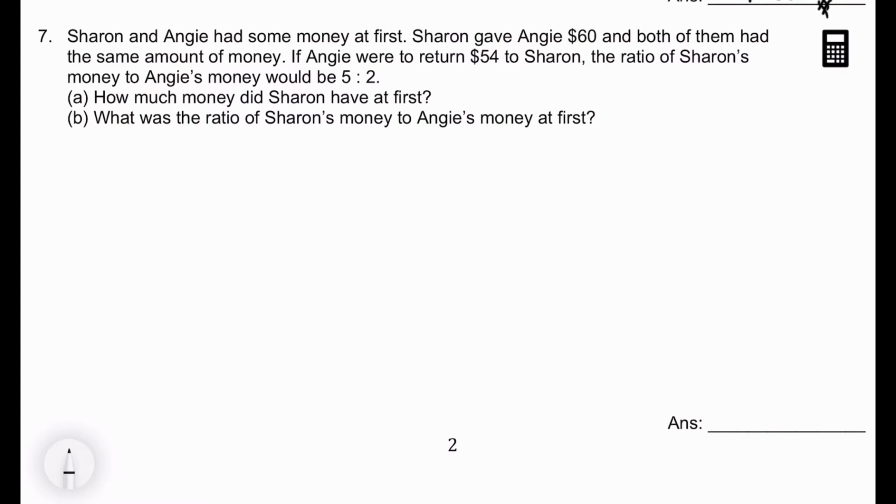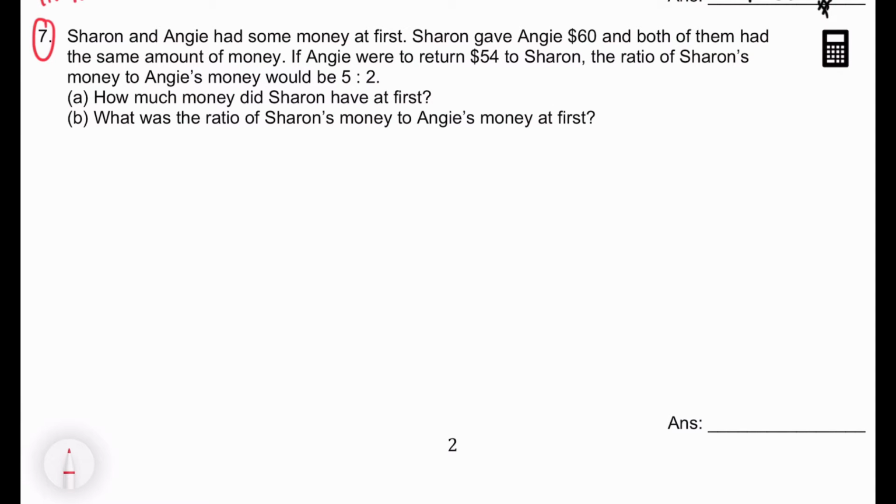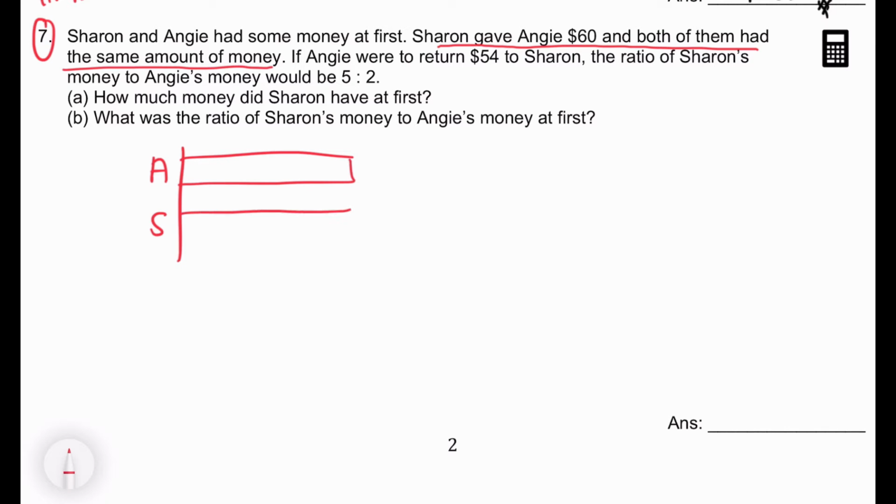Question 7 is a little bit hard, but not really that difficult. Sharon and Angie had some money at first. Sharon gave Angie $60 and both of them had the same amount of money. If Angie were to return $54 to Sharon, so Angie and Sharon had the same amount of money, right? In the end. But now Angie were to return that $54 back to Sharon,